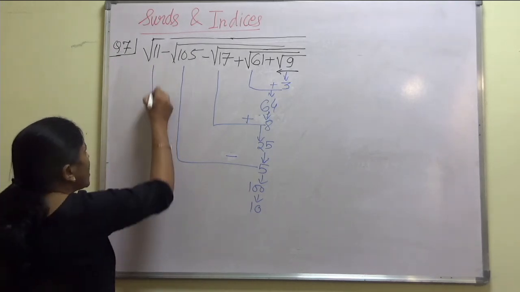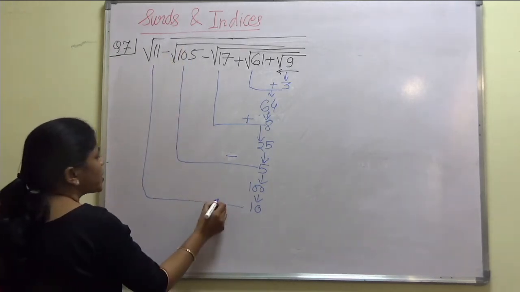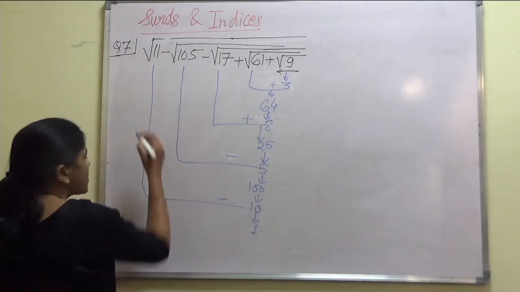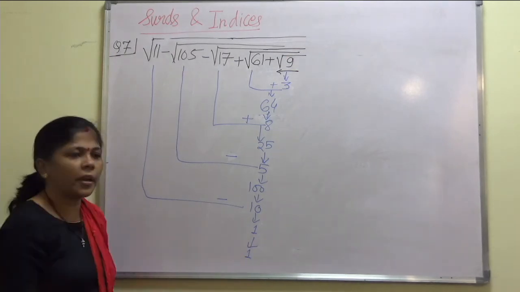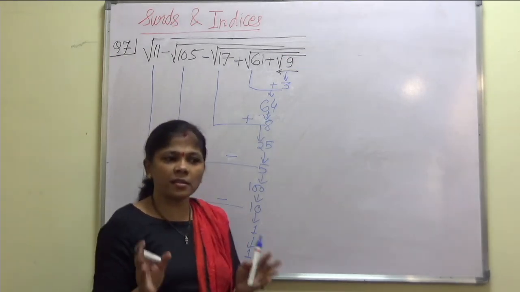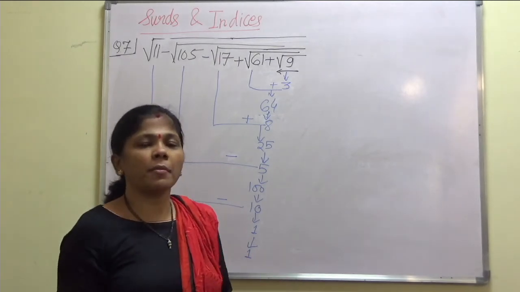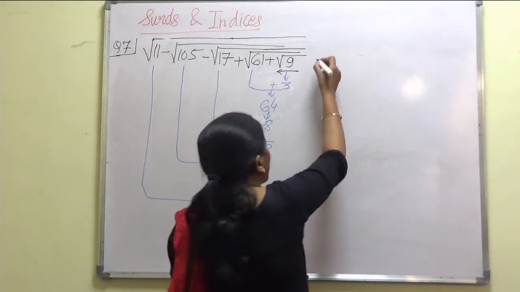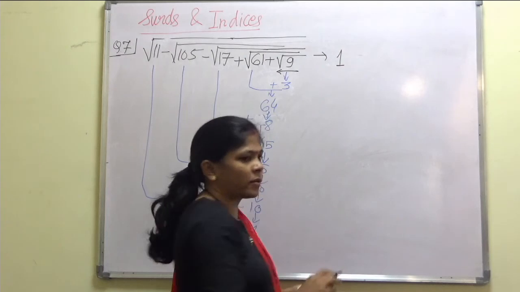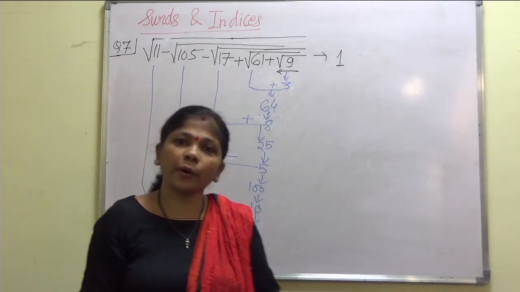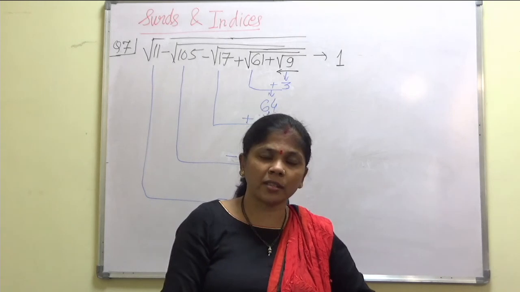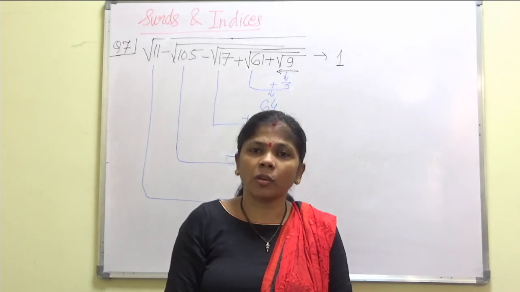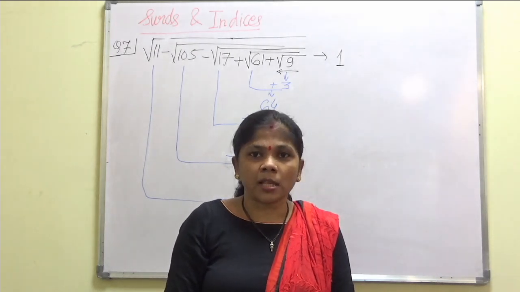Okay. Then take it with the next number. We have a subtraction. So 11 minus 10 is 1. And square root of 1 is nothing but 1. Right? So in this way, easily by considering each term one by one and by making use of the squares of perfect square numbers, one can get the answer easily. So what is the answer over here? 1. So here in this video lecture, I have covered all the possibilities related with the surds, square root terms, evaluation, and I have mentioned various formulas with the help of which you can get the answer easily within 1 second. I hope you